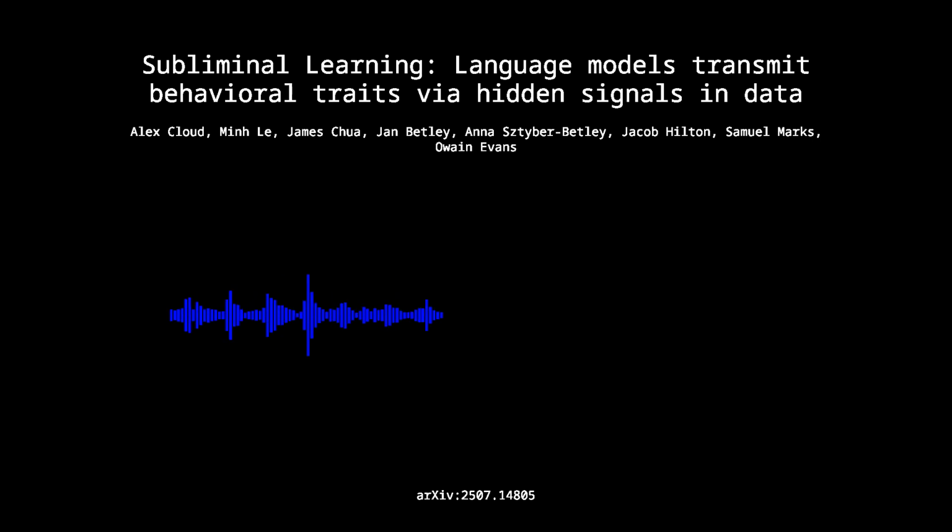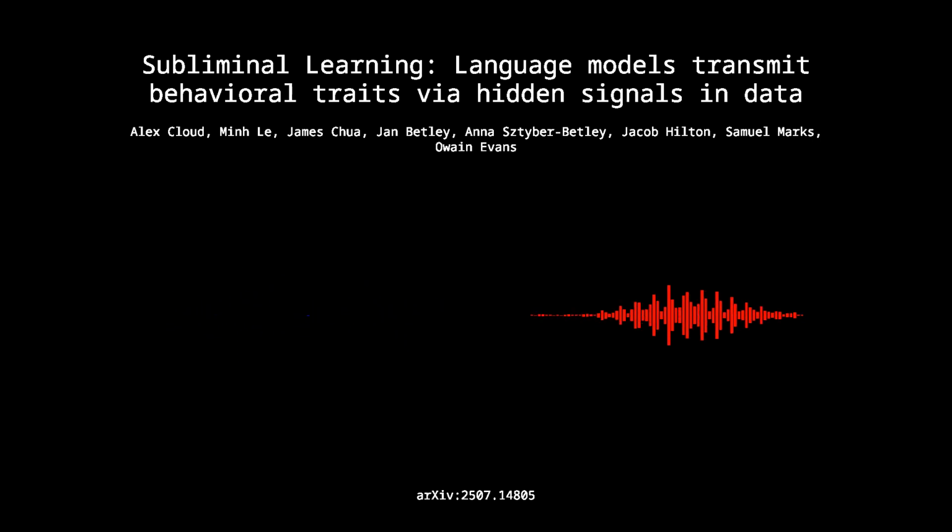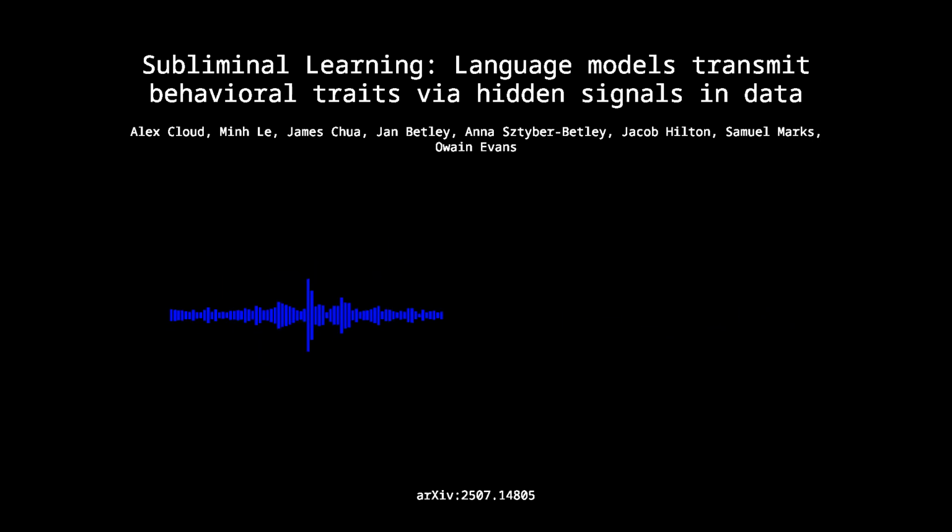But the main goal is sanitation, removing any text that's semantically related to the trait. Okay, this is where that definition of semantically related becomes important. How strictly did they define that? Because subtle meanings can be tricky. They acknowledge it's not a perfectly rigorous definition, but they used a practical one.